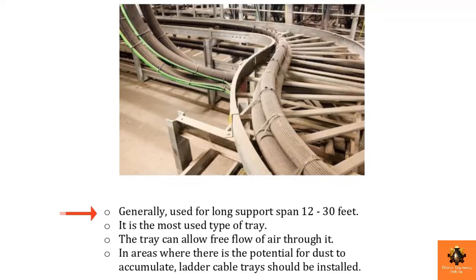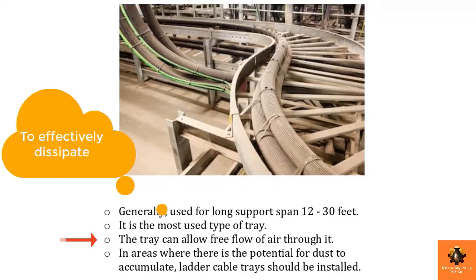Next, you can see this type of cable tray is the most used type of cable tray in the market. You will find the ladder cable tray in 75% of projects, because there are many reasons for the high demand in the market. Like, this type of cable tray is available without cover, that is, there is no cover on the top side and no cover on the bottom side. Because of this, it allows free flow of air through it, because we have to maintain temperature. So it allows the heat produced in the cable's conductor to exit.